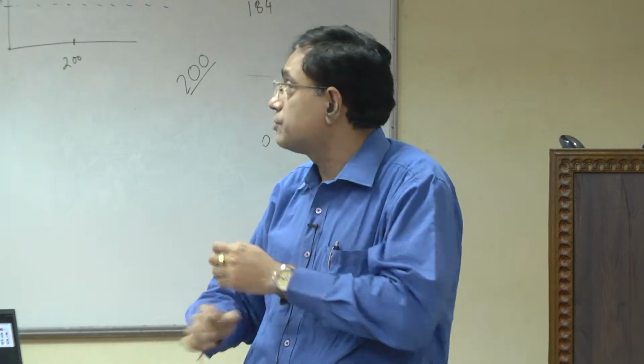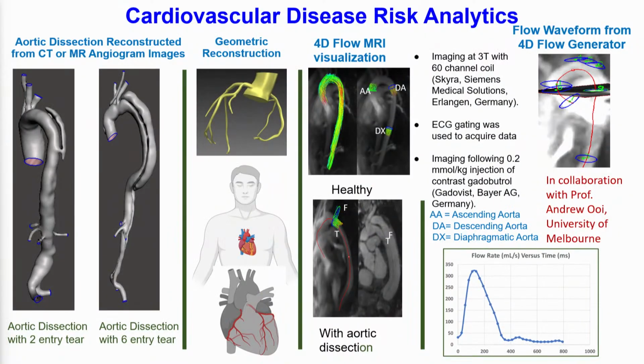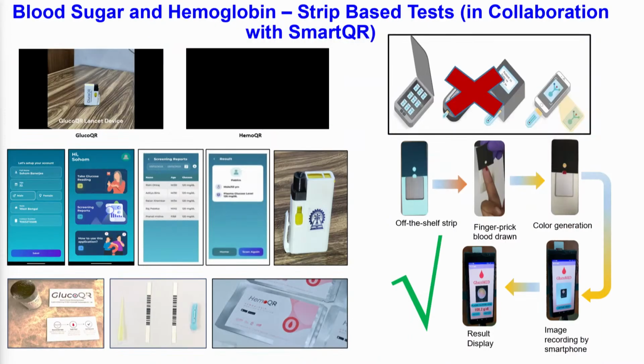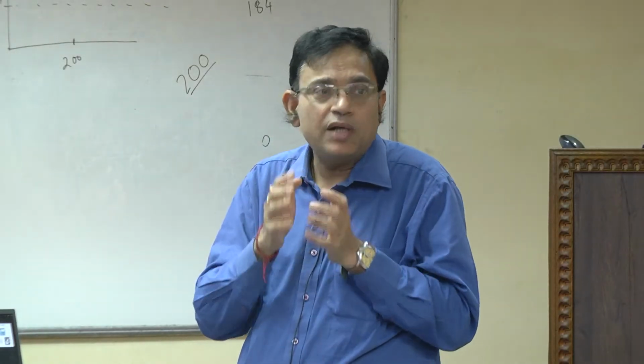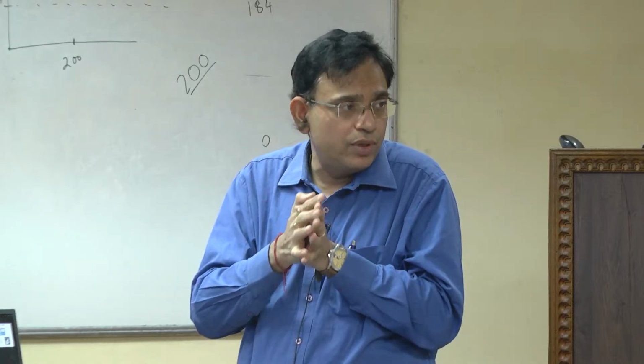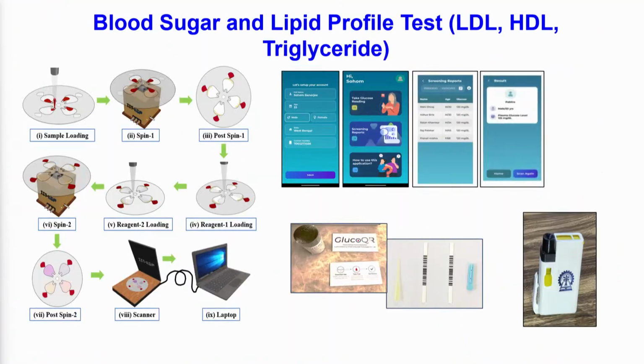So that is what. The cardiovascular, I have talked about this, and I would just summarize here that you have the cardiovascular data, the data which comes from CFD. Our research group has also developed certain diagnostic tests where you can use finger prick blood and put it on a strip, and with the smartphone you get results. In this cardiac case, blood sugar is very important,